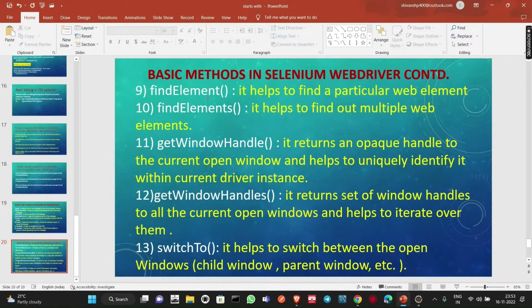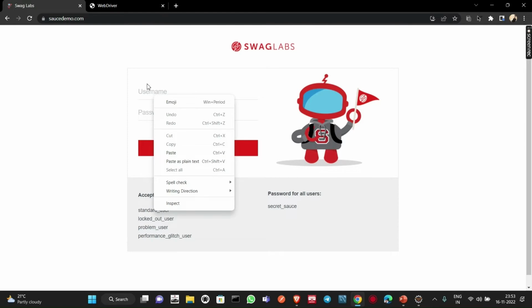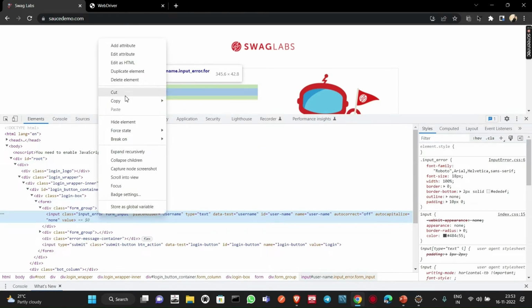Okay, I will show you first these two methods and you will be very clear what I mean. Suppose we are on the saucedemo.com page, and the title of this page is Swag Labs. Suppose we are going to inspect this particular web element. This is a single web element, so we are inspecting this, and I have copied the XPath of this